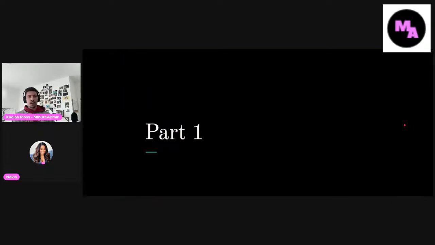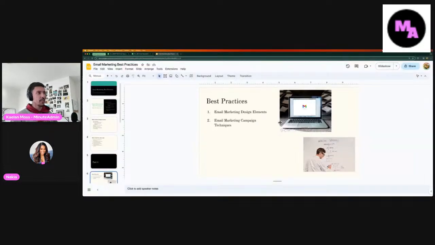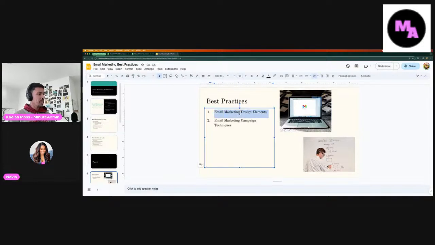So part 1, we're going to cover best practices for email marketing design elements and email marketing campaign techniques. So this is going to be kind of where we're going to go out here and research now. So I'm going to exit out of this, and I'm just going to type in this. And one thing I'm showing everybody here is when you're learning how to be an email specialist, or when you're studying for a certification, the main thing to remember is